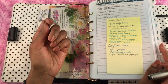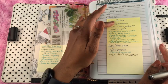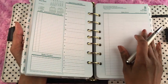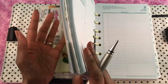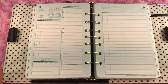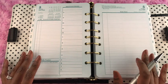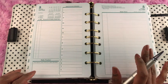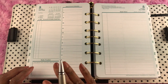So when I'm doing my weekly planning, I come here and I just take a look at it. For example, I want to make sure I brush my dog's teeth. So I would just plan that out in my daily planner pages. But items that I don't want to forget to do weekly, I have here on my weekly routine little sticky notes. So when you take a moment to put things on your daily planner pages, or if you have a weekly planner, if you write out your daily tasks on your weekly planner,